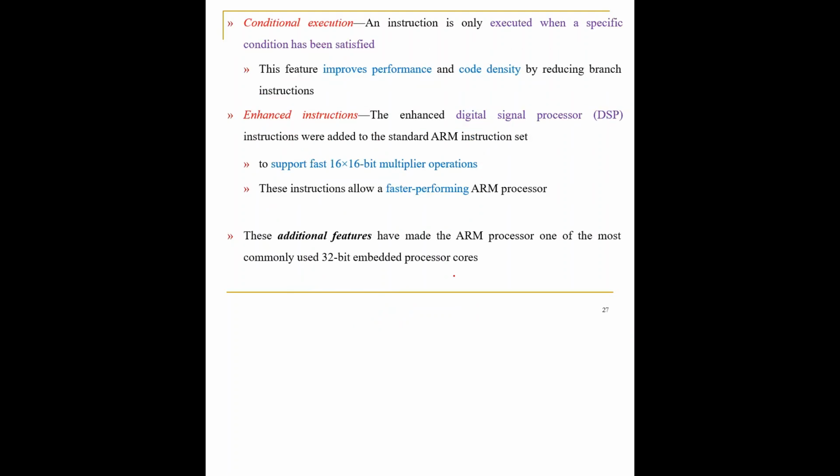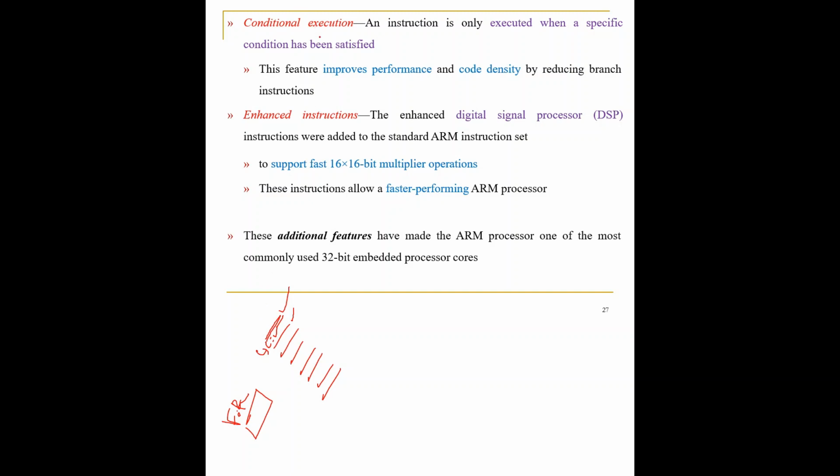Moving on further, conditional execution. This is quite a known fact actually. You write programs, you write instructions, and when an instruction has to be executed, there is a condition to be satisfied. After the instruction is executed, your processor will go and check the flag register. You know about the flag register, right? Parity flag, zero flag, carry flag, trap flag, all those flags, right? So normally these flag registers are checked by the processor when it goes on to execute the next instruction. That's what it says here, conditional execution.